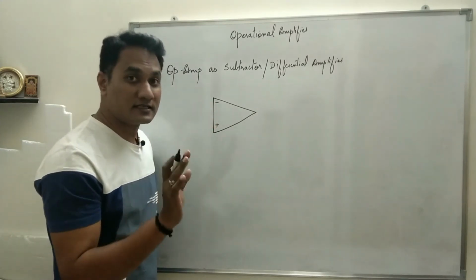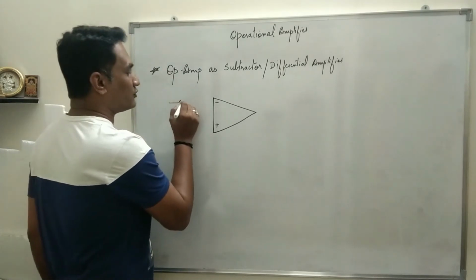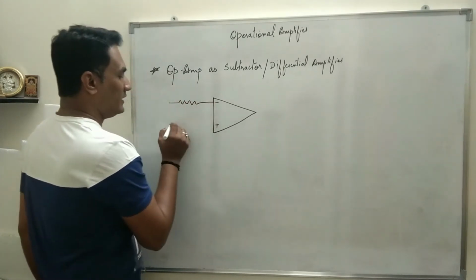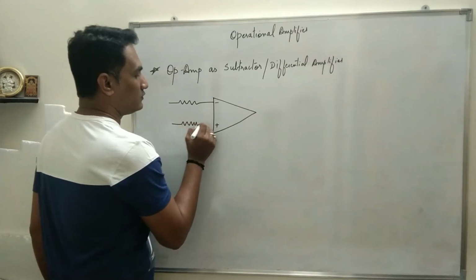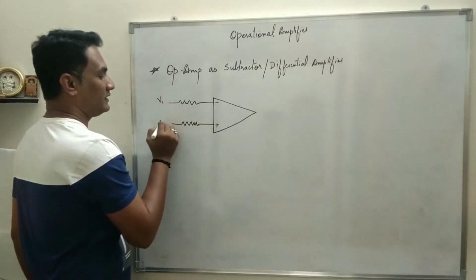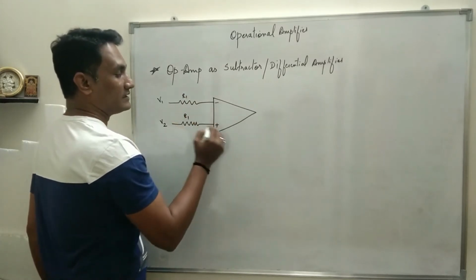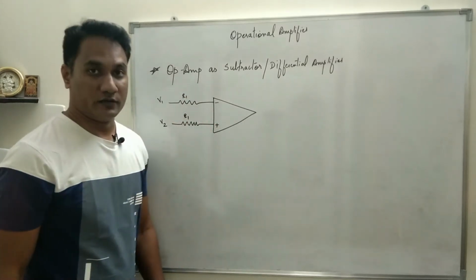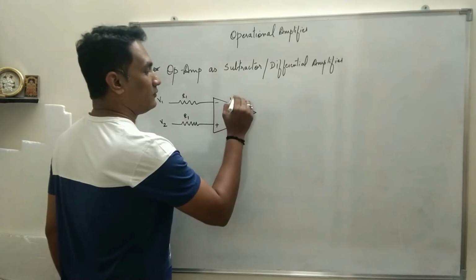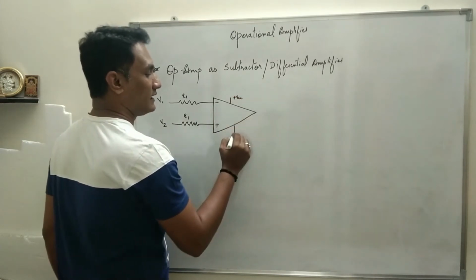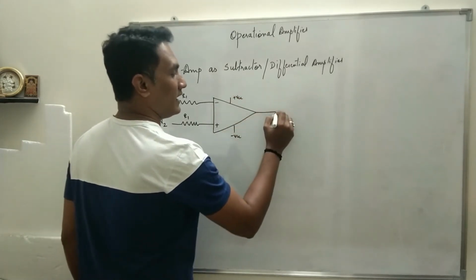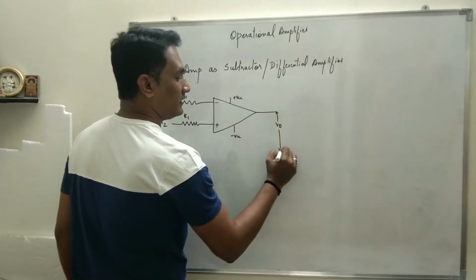But here in this case we will provide two inputs. I will call these two inputs V1 and V2, given to the two terminals, inverting and non-inverting. Of course, we have two power supplies, plus VCC and minus VCC,